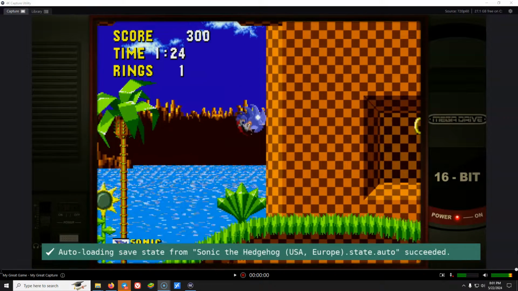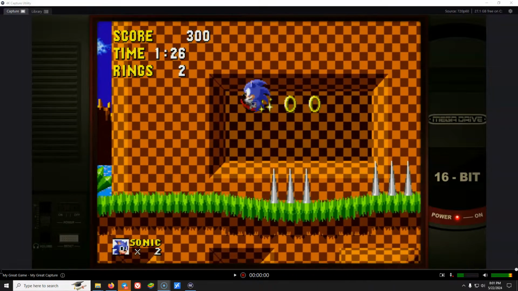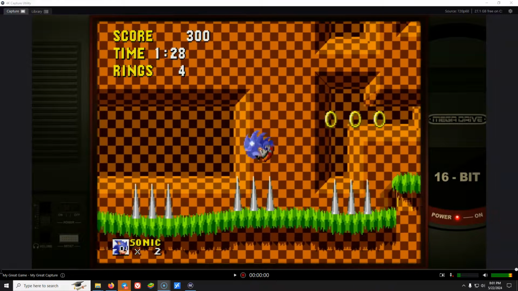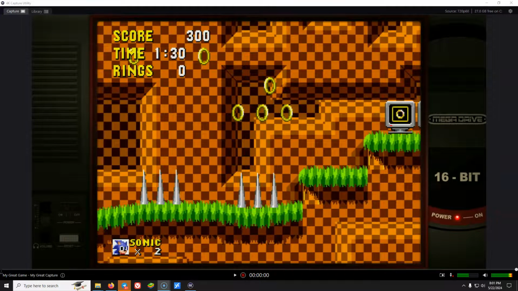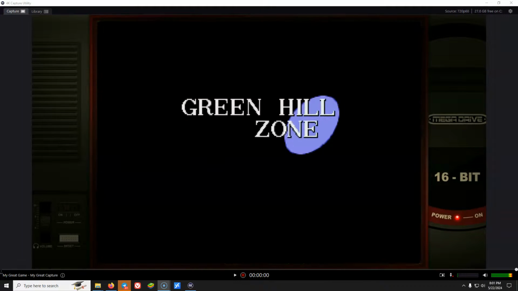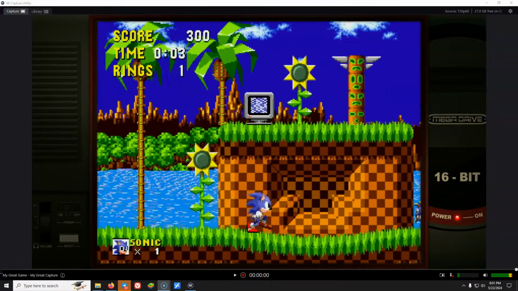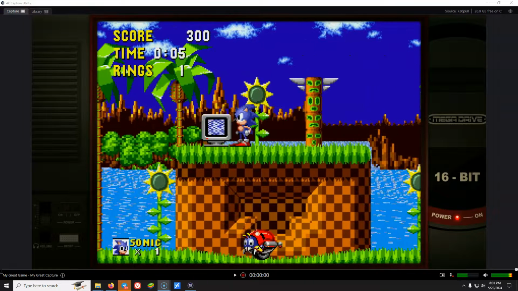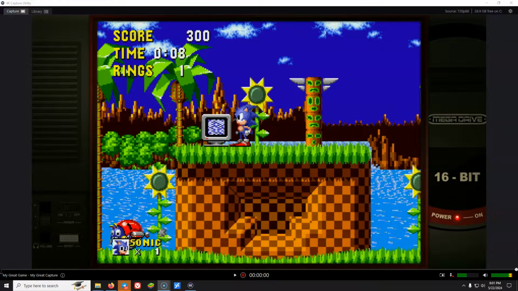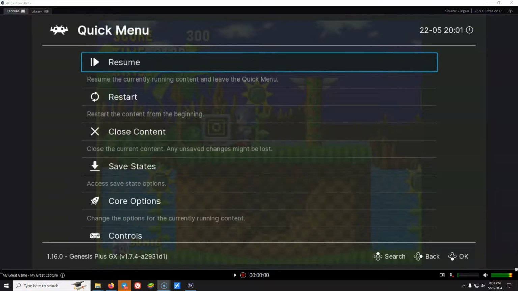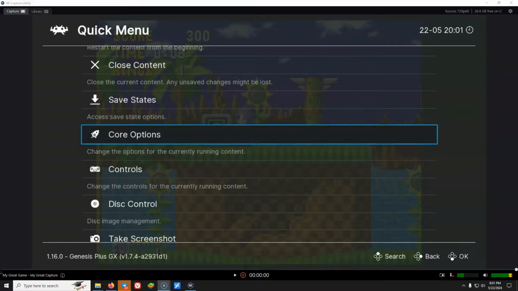So we got this. Let's jump, get to a different spot here. Oh, and I got myself killed. All right, I'm just going to jump up here. And I'm going to hit select and the X button, the south button. And if I want to create a save at this spot,